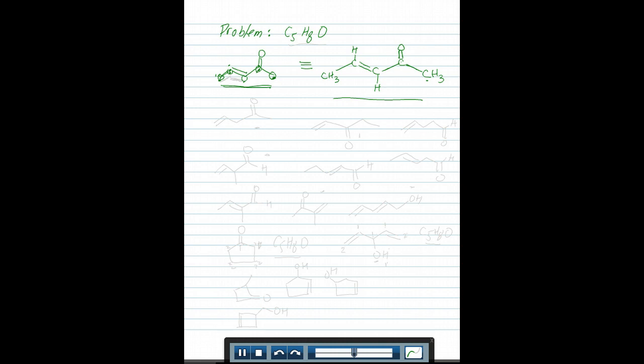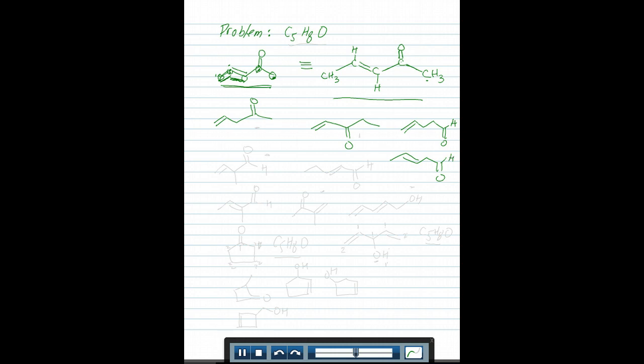Anyways, going back to the isomers, another isomer would be, instead of having the double bond between these 2 carbons, having it between those 2 carbons. That is a different molecule, but it has the same formula. So that would be a different isomer. Another isomer is where the carbonyl is maybe at this position instead. Or the carbonyl is at the end, but your double bond is in the same place. So it would be right there, and you would have a hydrogen there. Having the double bond in that position is another isomer.